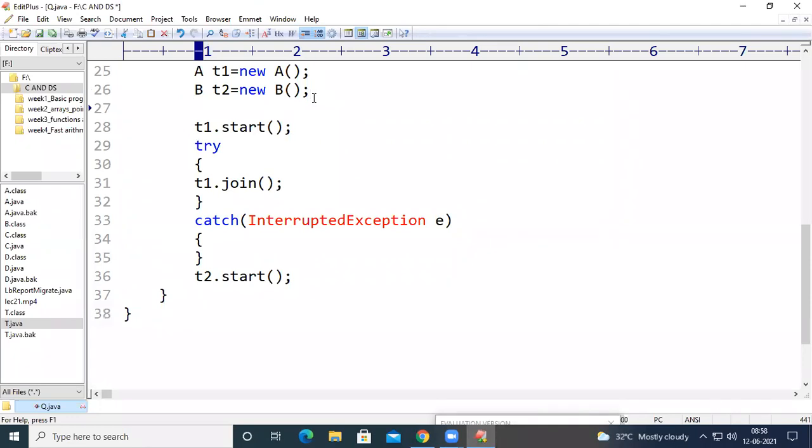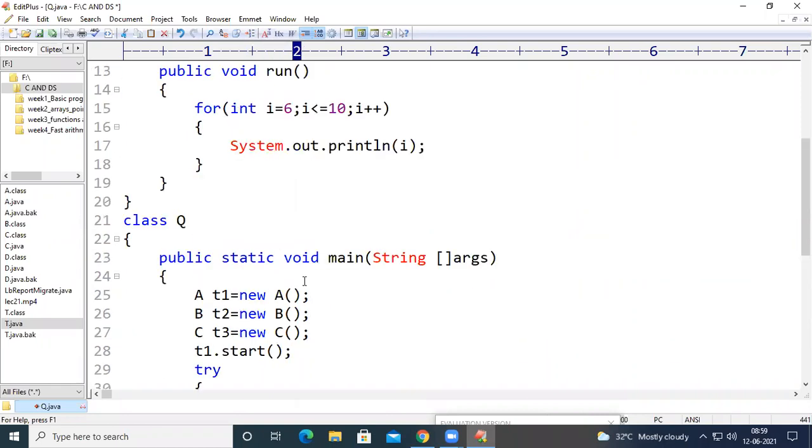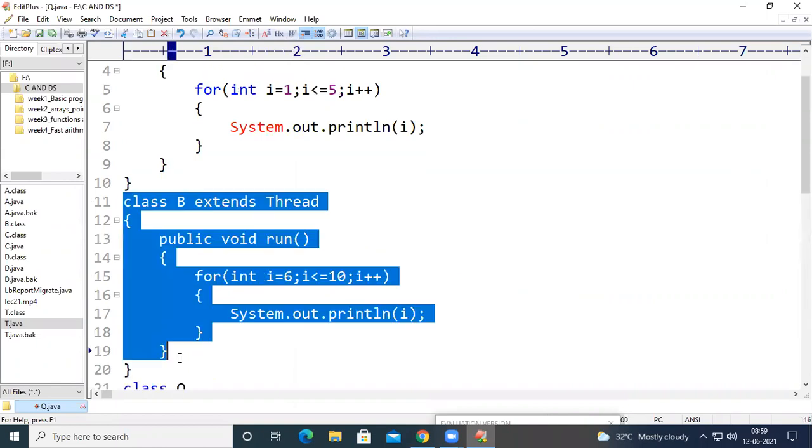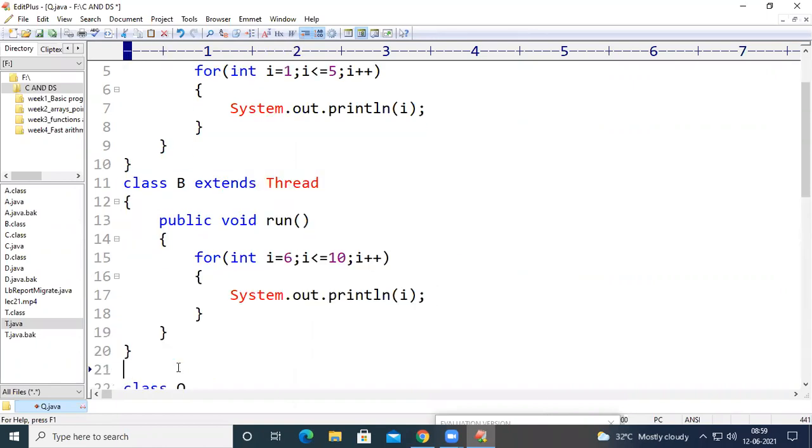For example, if I have one more thread, let us assume C T3 equal to new C, and T3.start. So now in the code I have 3 threads.